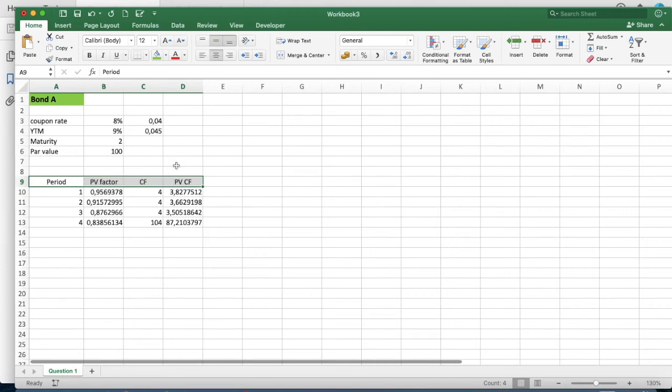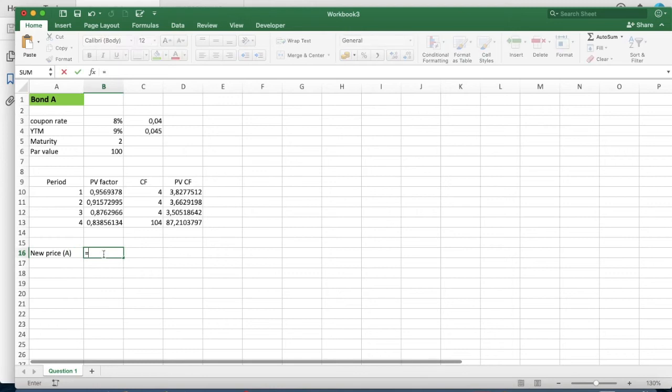So now we have all the necessary data to compute the new actual price for bond A. So the new price for bond A is the sum of all its present value future cash flows. So 98.206. Remember that the previous price was equal to